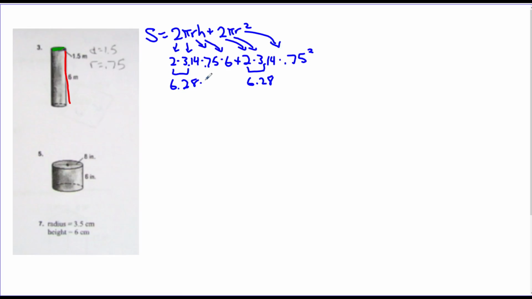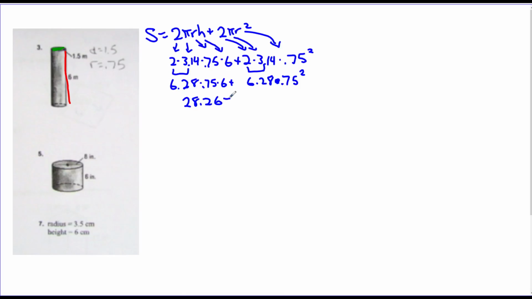Okay, times 0.75 times 6 plus that times 0.75 squared. So if we do the left side, 6.28 times 0.75 times 6, we get